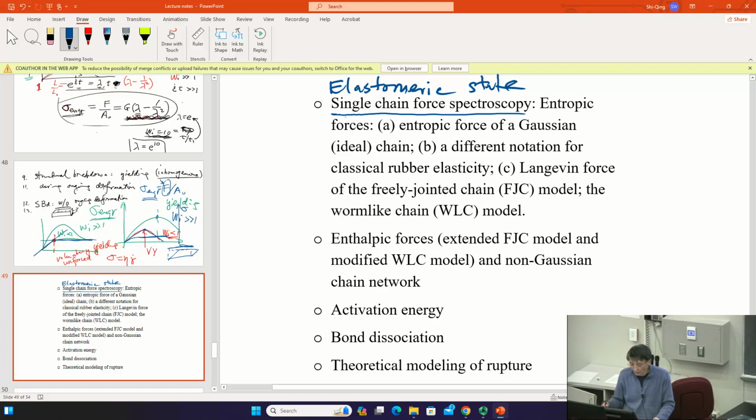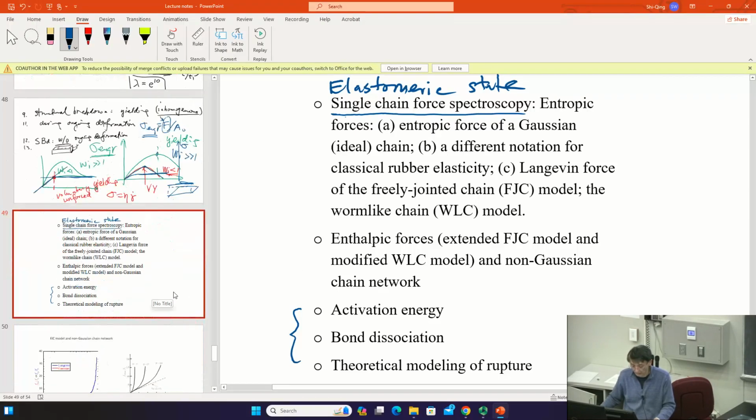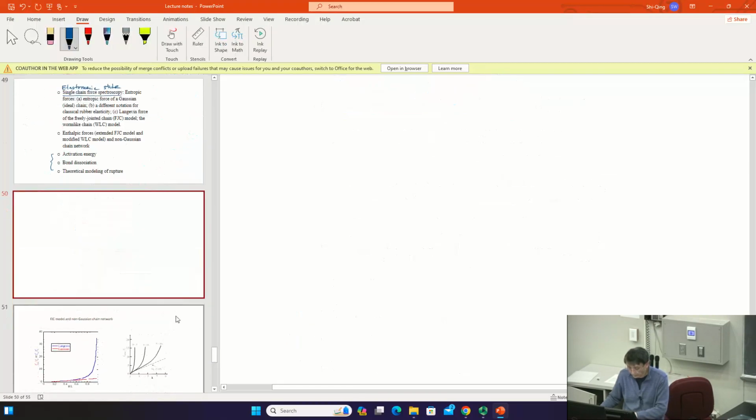So I will go through according to this outline that's updated, and quite a few of these contents are unfamiliar or rarely discussed in the literature, certainly not in polymer physics books. So I thought this is something worth recording and starting to share with the community. So let's get started, right? So we're looking at